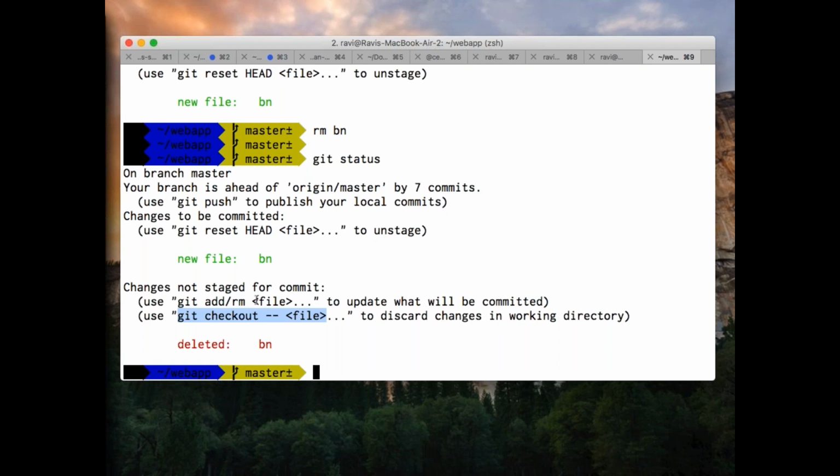Two types here again. Now what you did, you deleted the file from staging. Now it says if you want to get that back to your working directory, it says git checkout -- file.